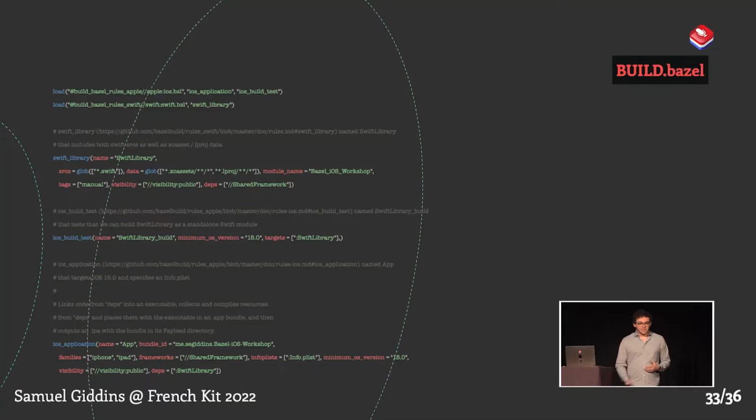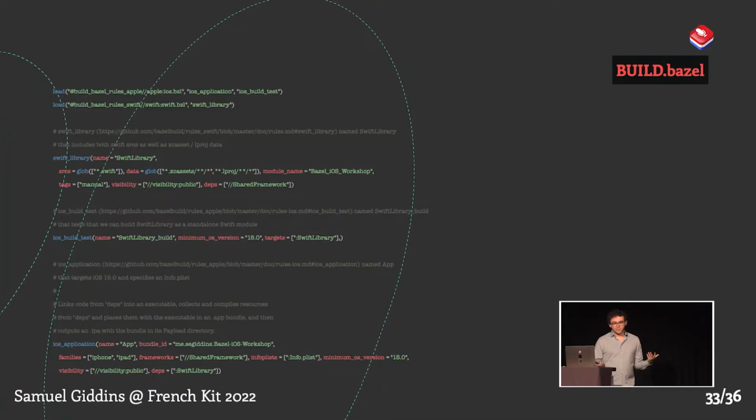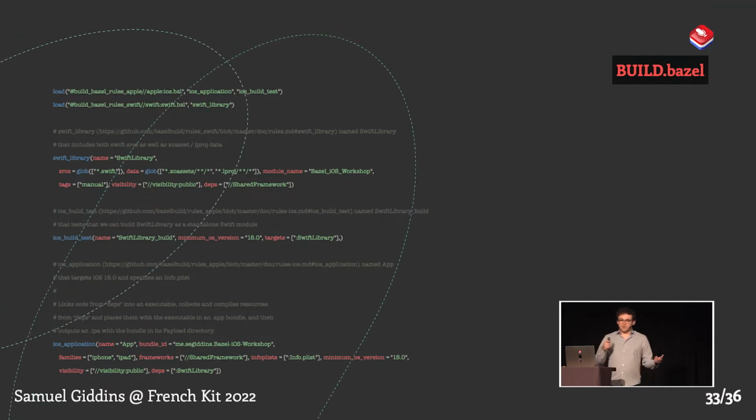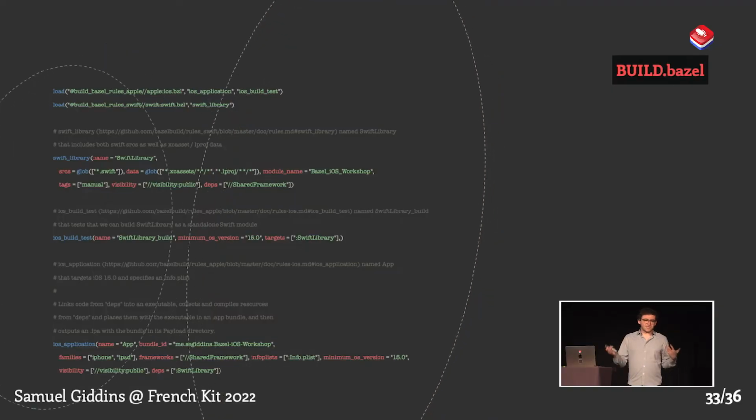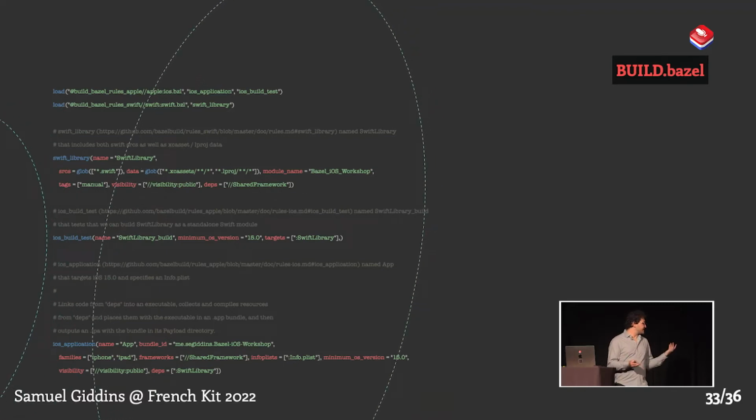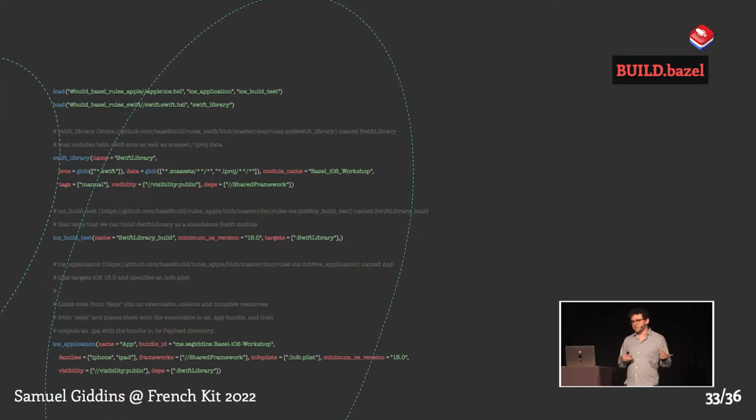So this is an example of what a Bazel build file looks like. It describes targets. Bazel has this notion of rules, so you can see here that we have a Swift library rule, and that describes how to build a Swift library. We have an iOS application rule that describes how to build our iOS app that has a dependency on the Swift library. This, if you could read it, it's kind of small, I apologize, would look pretty similar to what a Package.swift file looks like. A lot of the same fields get used.